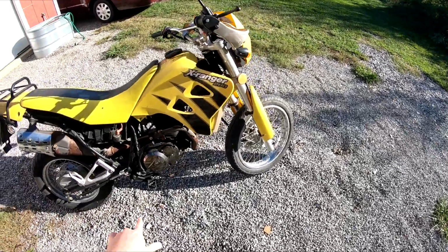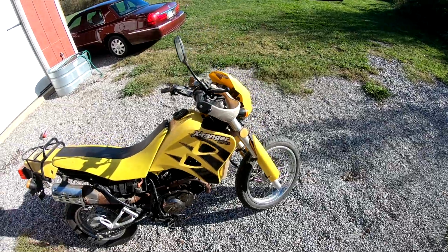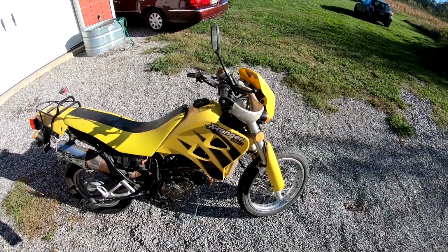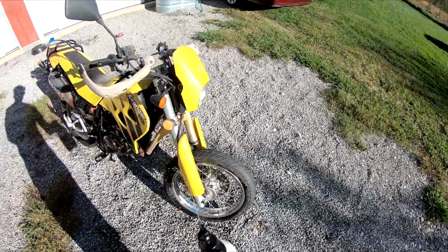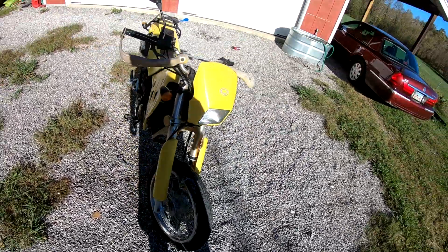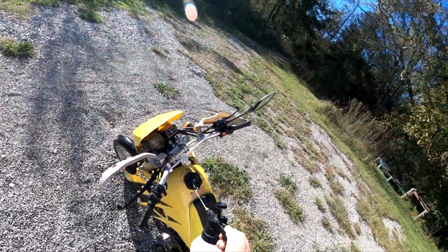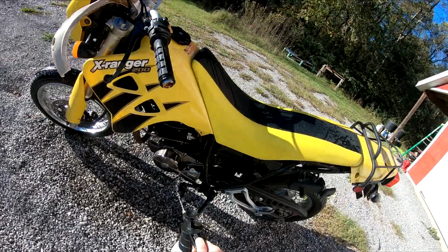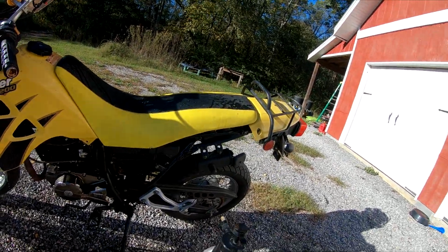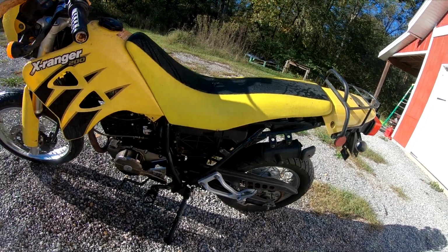I don't like the chrome look on these side cases. That's really weird. Makes it feel cheap. Yeah, let this thing soak. I'll have to put some over the air box right there so no water gets in, but